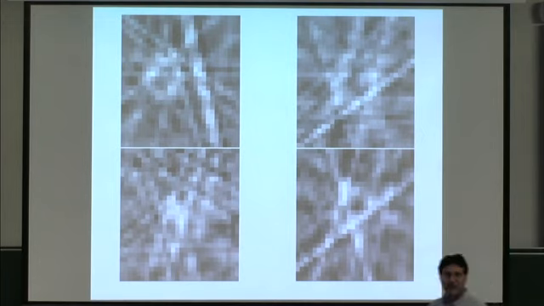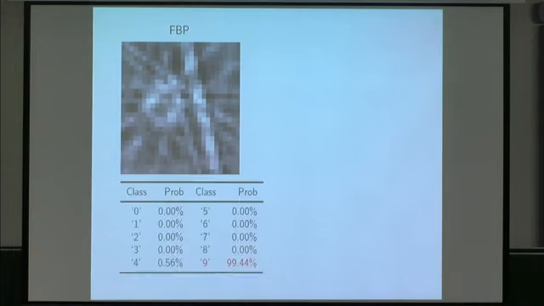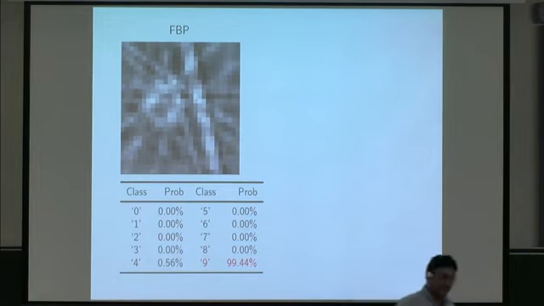But also let's look at some images just to see. It's fun to see how it performs. So these are 4 reconstructions of 4 MNIST digits. Yeah, that's how they look. Can you see the integers? Yeah, you can't, right? That's the point. Take one of them. Let's actually do the classification and reconstruction in a sequence. Then we get this table. It says it's going to be a 9, and it's confident about it, 99%.